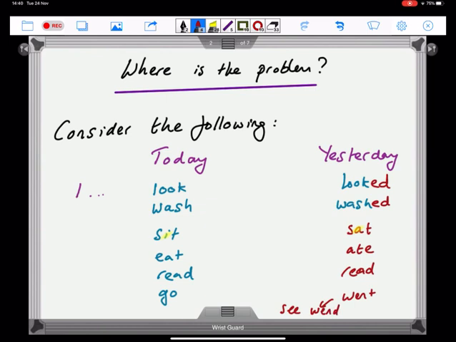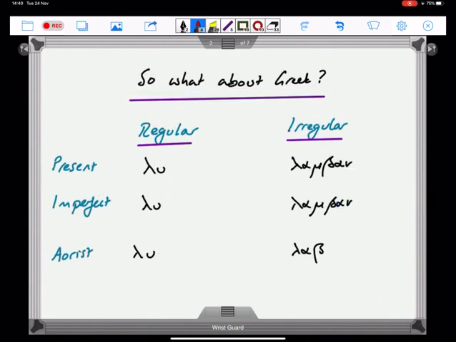So in English, we have irregular verbs, and they follow a certain number of patterns. Think about sing, sang, sung, or hang, hung, or run, ran. Particularly in terms of vowel interchange, we have pretty established patterns for dealing with our irregular verbs. What we've got to think about now is how you do that in Greek. This slide is going to give you a basic parallel between the two different patterns. You've learned luo,